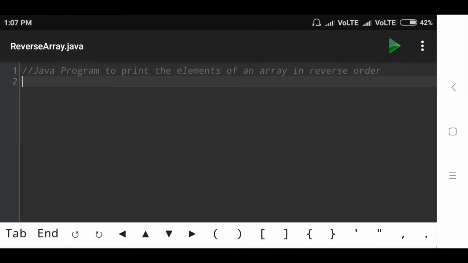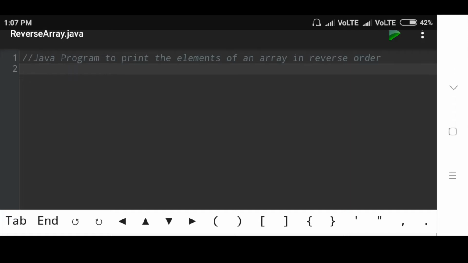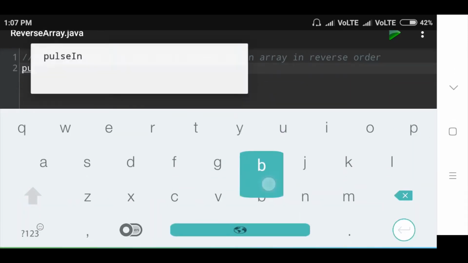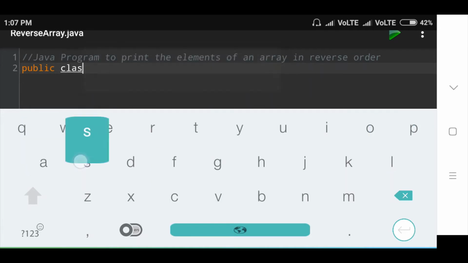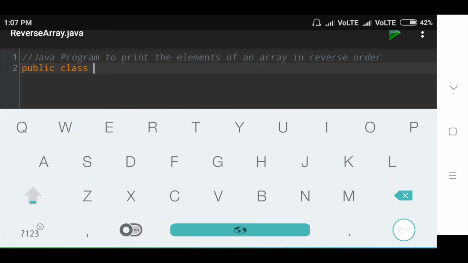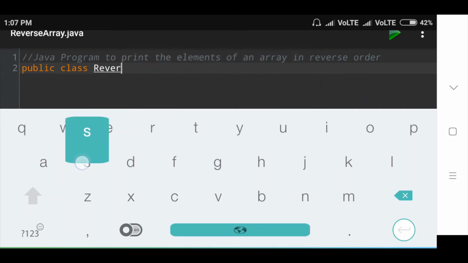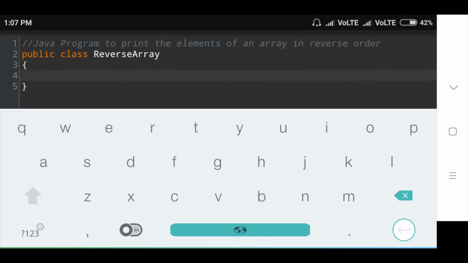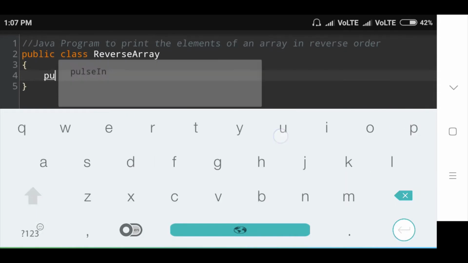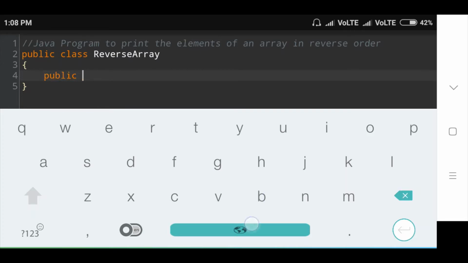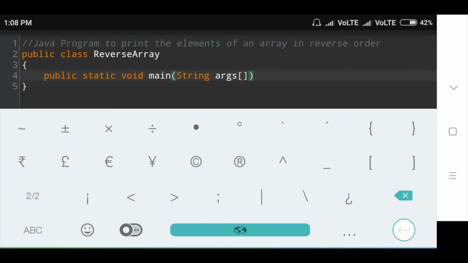Now see here, first of all, I will create a public class. Public class ReverseArray. Inside this class, I will create the main method: public static void main, in brackets String args. Inside this main method,